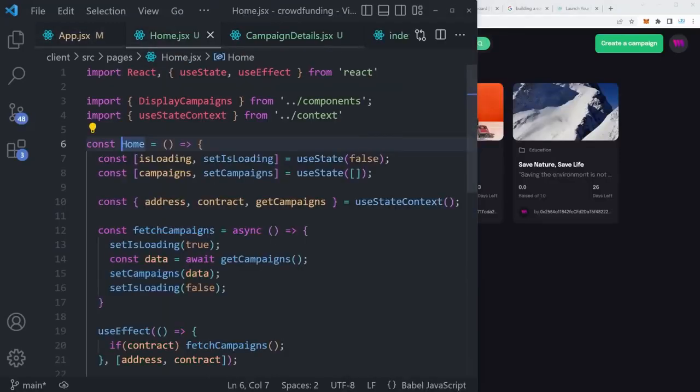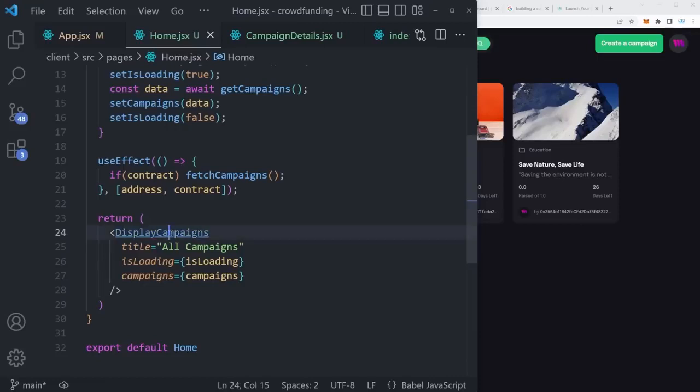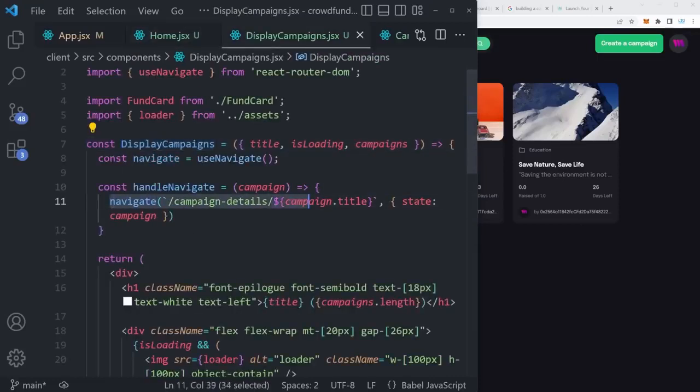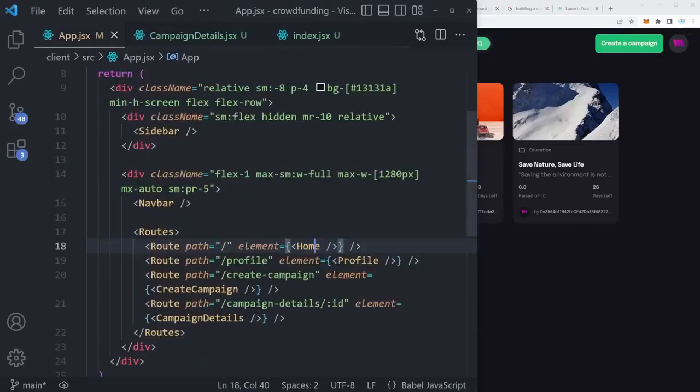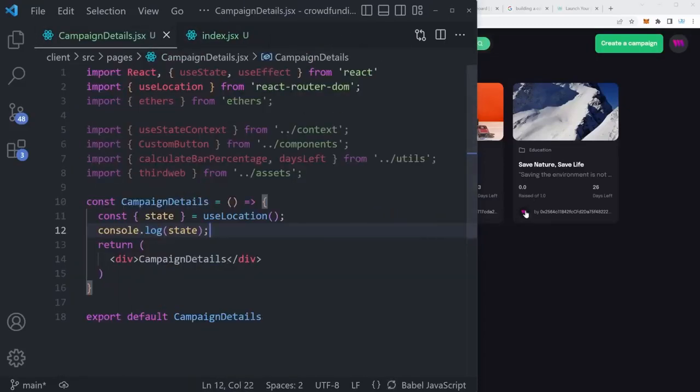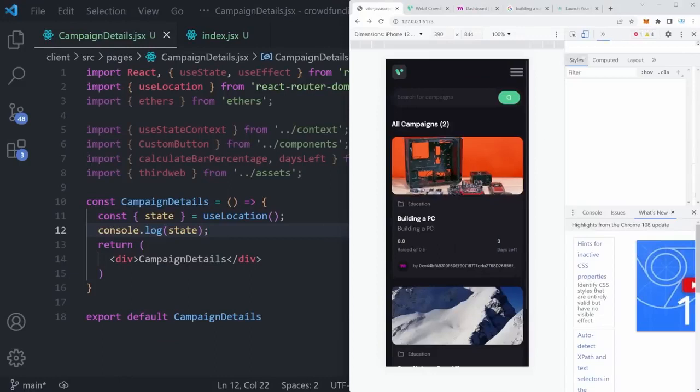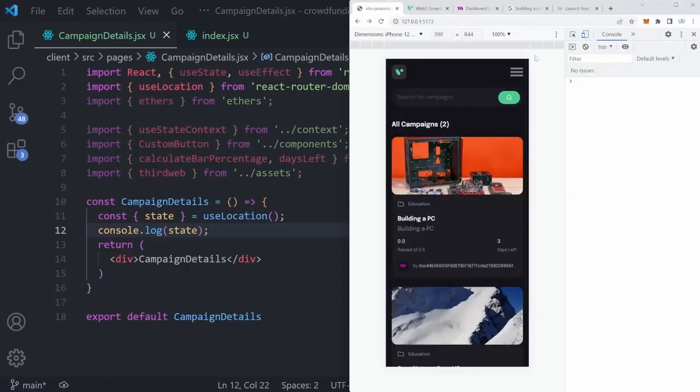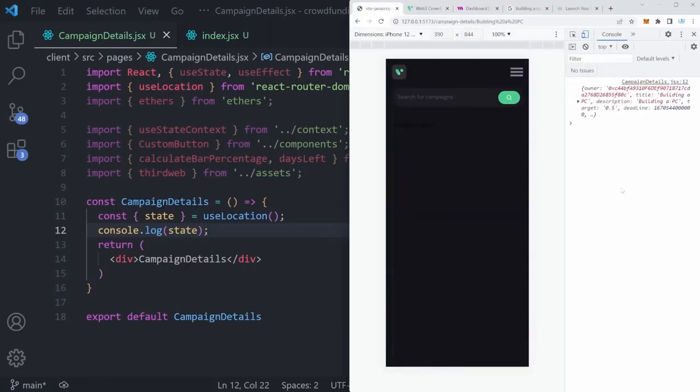If we go to home, remember, we click on a specific campaign and then we pass the state as the entire campaign. So going back here, now we can console log that state from the location. Let's clear the console and then click on a specific campaign. And there we go. Our state is right here,